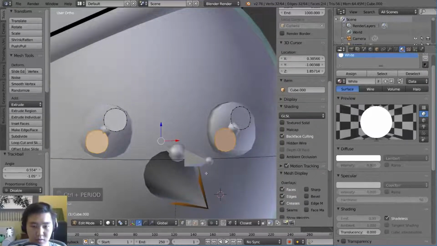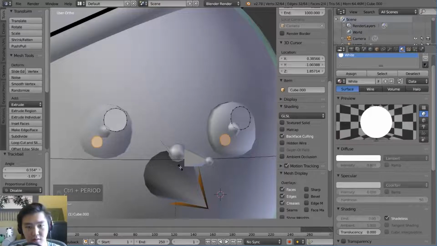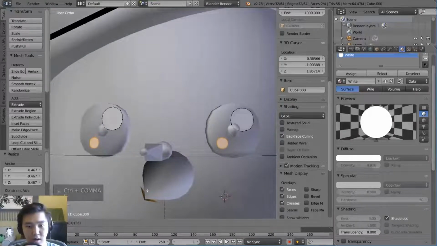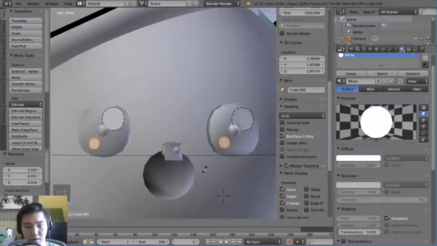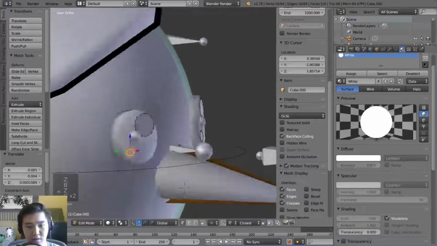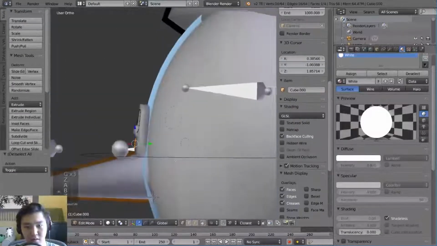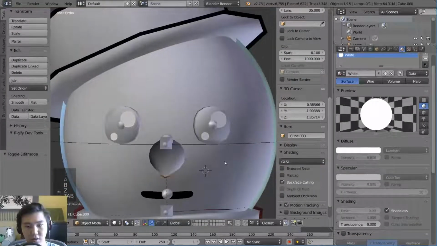I'm going to go ahead and bring it back to individual origins, scale them down, make them smaller than the other one. Bring it back to median point, then kind of adjust accordingly. And I'm going to go over here and adjust it manually because I want to. And yeah, that looks pretty good.